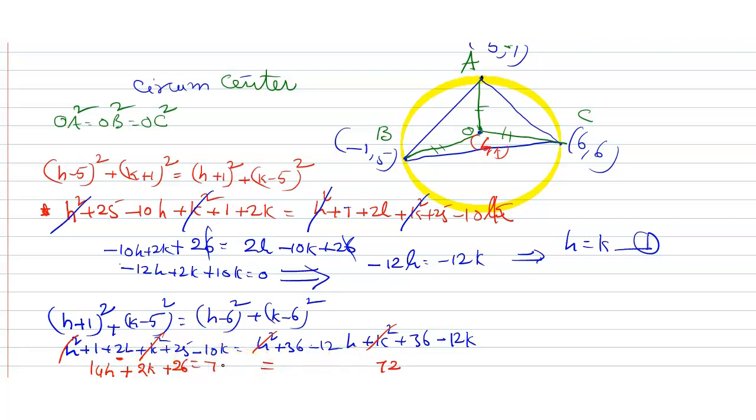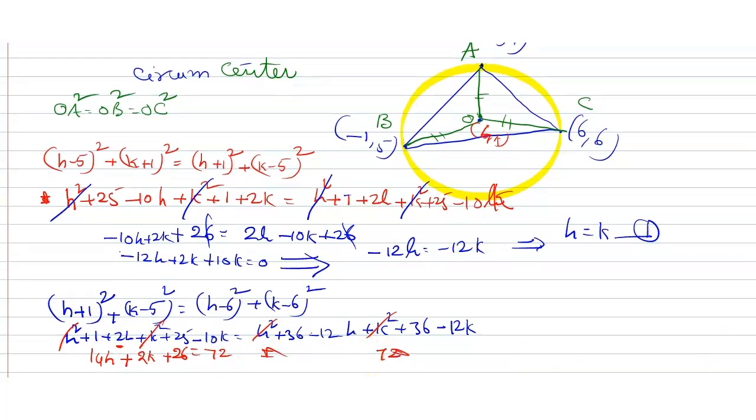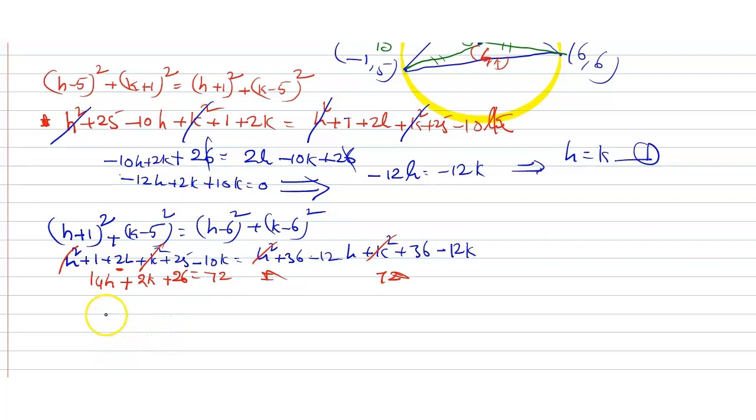Okay, I'll write down here. Equal to 72. Okay, right. Now, finally, what I got here, 14h plus 2k is equal to 72 minus 26. How much was? This is 6. 5 minus 2, 3. Correct? 12 minus 6, 6 minus 2, 4, 46. Yeah. This is 46. So if I divide with 2 throughout, this is 7h plus k is equal to 23.